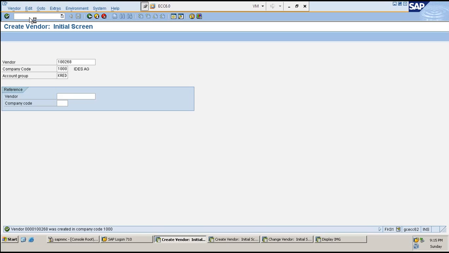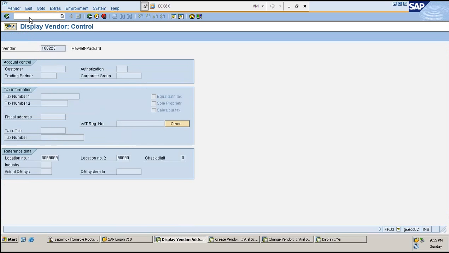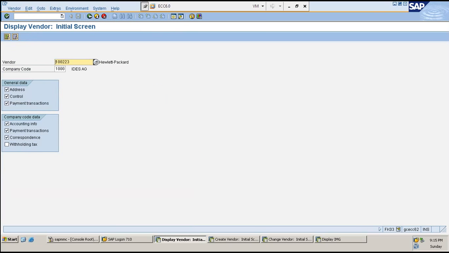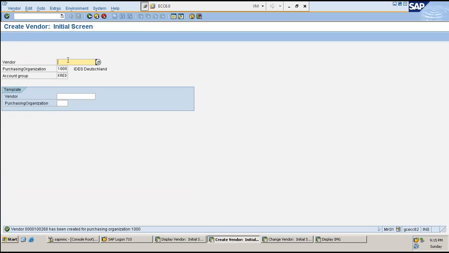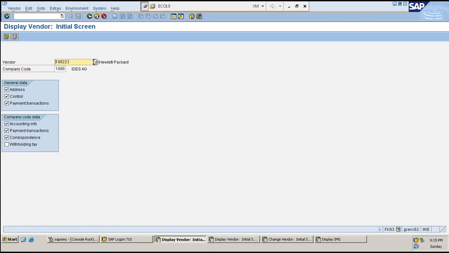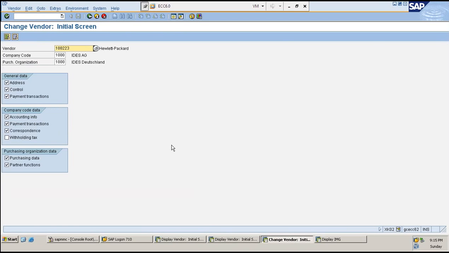FK03 or 02. Okay. Now the same vendor will still be able to view. See, it's still there. It's vice versa. But again, if you go here and paste the same vendor and check it across, it will be MK03, right? MK03, go to the same vendor. You can only view the purchasing data. Okay, this is financial data, this is purchasing data, and this is complete vendor setup. That's the reason why it's called a centralized vendor concept.